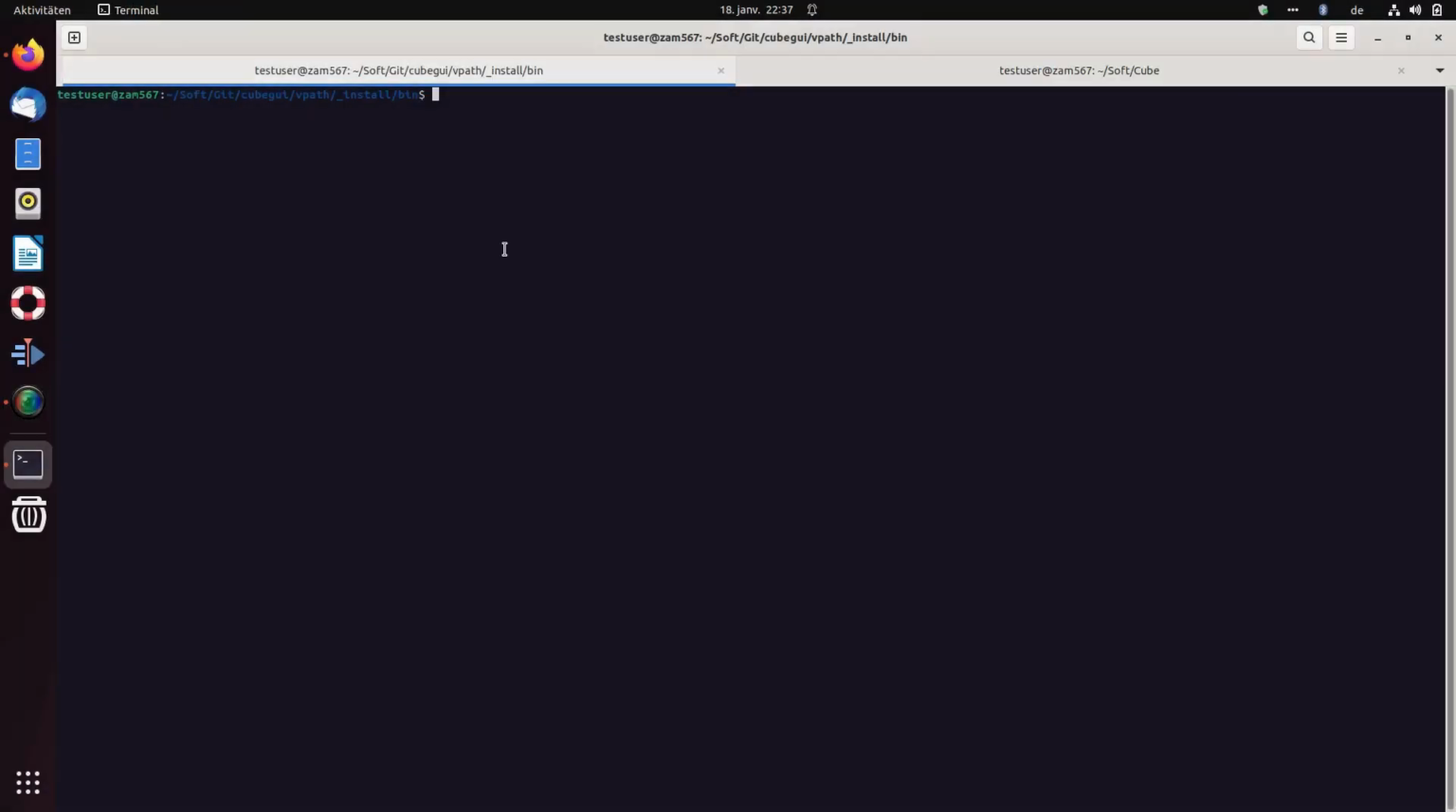So we are back to our terminal and today I would like to show you how to make GUI look for plugins in not standard places. First of all, one has to mention, yes, CubeGUI has a plugin infrastructure and the majority of analysis capabilities of CubeGUI are